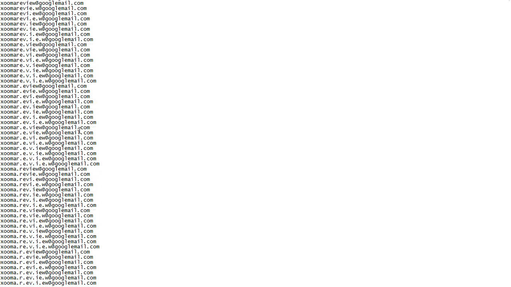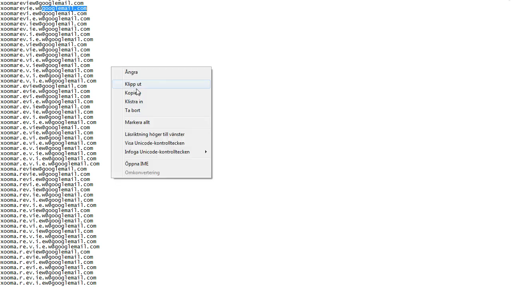So, right, this was the first method. You can use Google Mail or you can use Gmail as your domain. So you can get 2048 in this example, depending on how long your Gmail username is, of course. So if it's shorter, you get fewer emails. If it's longer, you get more emails and so on. But this is the ugly method to do it. This is the mechanical way that computers can read them as different emails, but you still get them into the same inbox, right? The next method